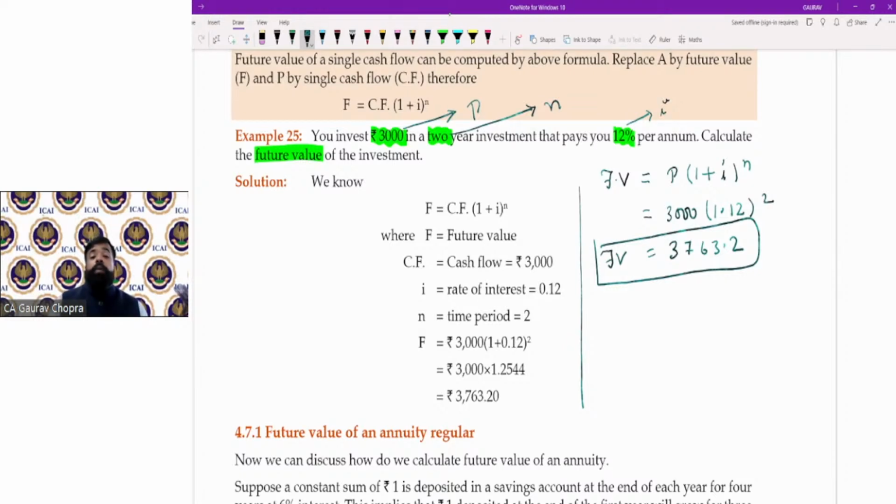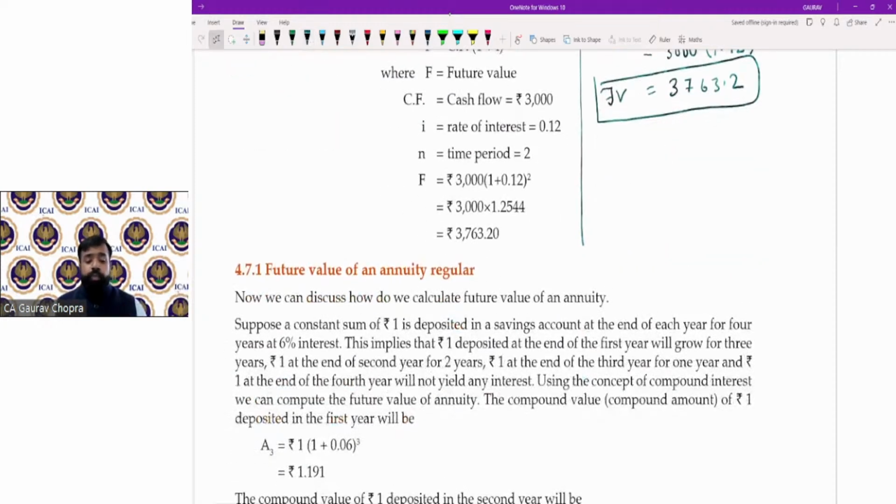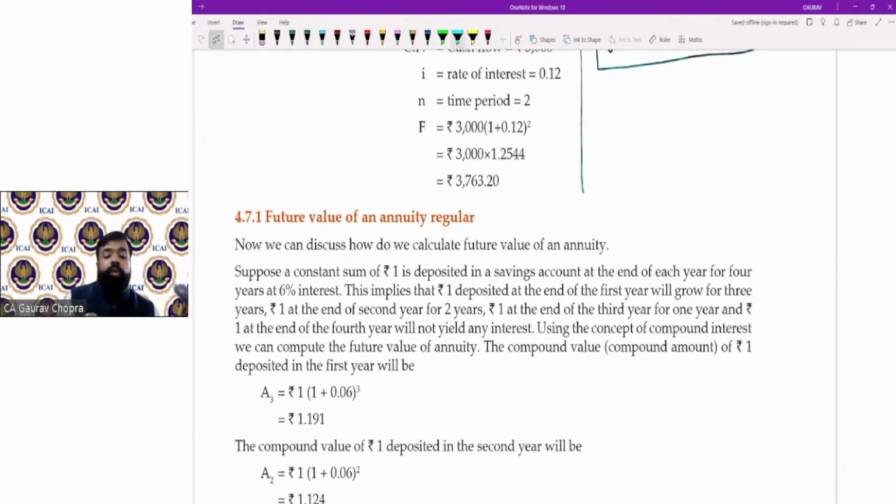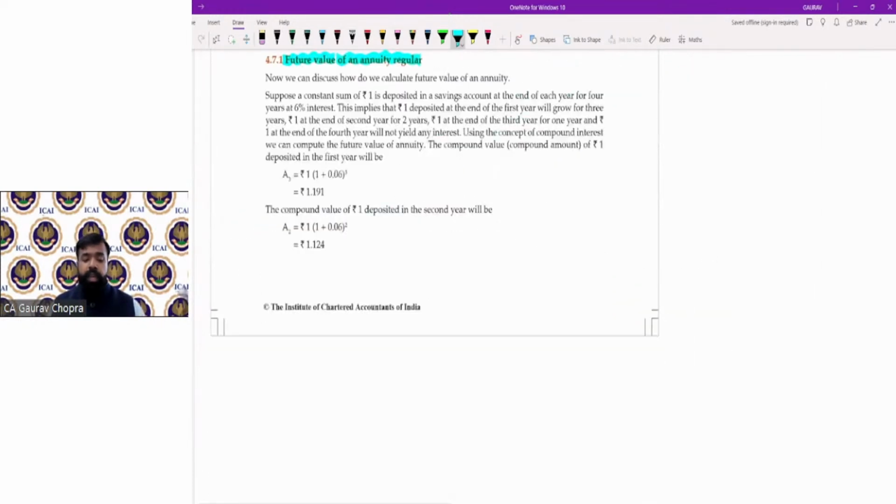ओके, नाउ अब अगर हम फ्यूचर वैल्यू और एन्युटी दोनों को मिक्स कर दें तो क्या होगा? तो इधर फ्यूचर वैल्यू और इधर से एन्युटी दोनों को मिक्स करके एक नया फॉर्मूला बनेगा और एक नया कॉन्सेप्ट बनेगा। सो दैट इज नोन एज फ्यूचर वैल्यू ऑफ एन्युटी रेगुलर। तो अगर सिर्फ फ्यूचर वैल्यू लिखा है दैट मींस इट इज द नॉर्मल अमाउंट, नॉर्मल कंपाउंडिंग सिस्टम। बट अगर उसके आगे एन्युटी लिखा है दैट मींस इट इज नाउ डिफरेंट। तो वो डिफरेंट है तो उसको हम कैसे कैलकुलेट करेंगे, लेट अस अंडरस्टैंड नाउ।